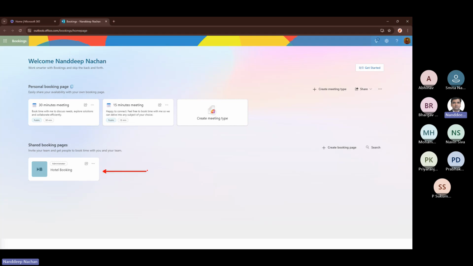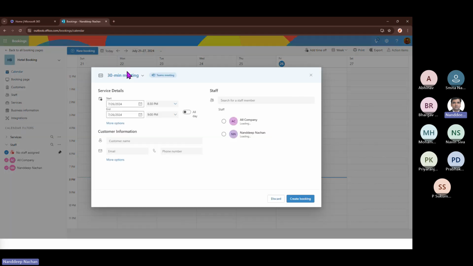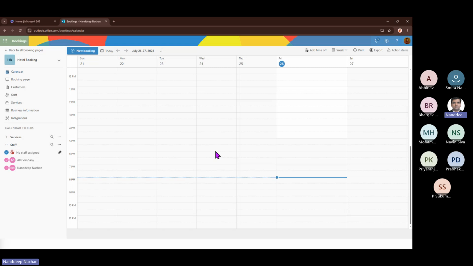I already have one created called hotel booking. So I will just open that up and this is how it will look. Generally, from here you can just click on new booking and then you will be able to book a table for your hotel and everything. Okay, so this is the kind of thing that we have got